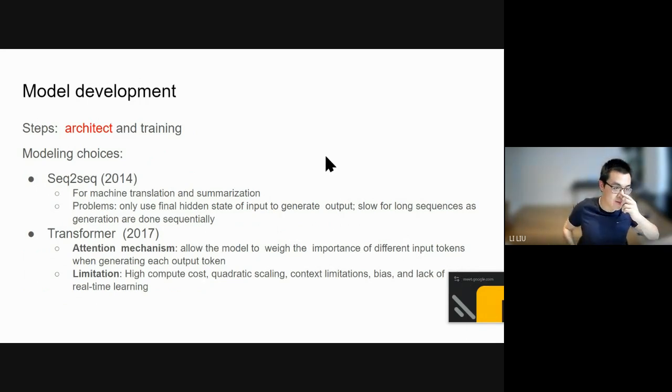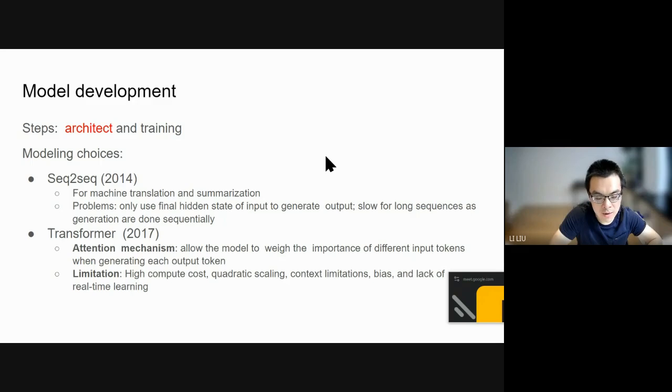So the next part, we talk about the model development. And usually there are two major steps. One is the architect, another is the training. In traditional machine learning development, the focus is more on training, from local computer training to maybe using CPU or GPU. But the focus in this chapter of the book is more on the architect instead of the training,